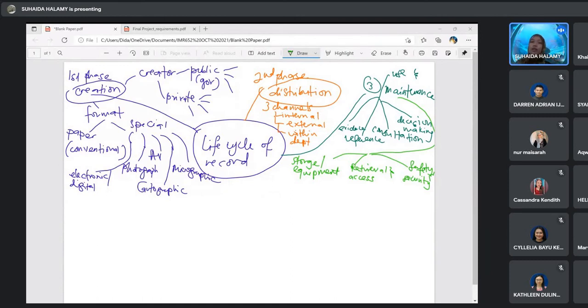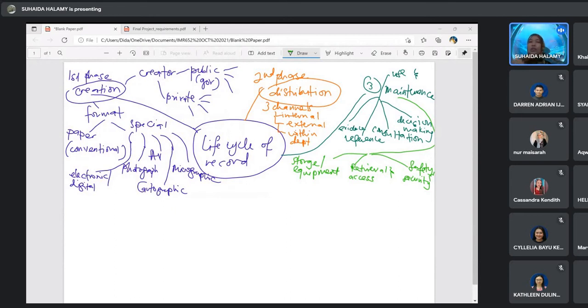Okay, and then you have to know what kind of file that you will use for your organization. Depends. Kalau you ni jenis organisation yang gunakan file arch file tu kan, yang kulit keras tu, so you will use that kind of file. Ataupun you jenis organisation yang gunakan nipis punya tu, so you use that one. So depends pada you punya organisation. But you have to take note here, when you use storage and equipment ni, biarlah dia lasting. Dia economy dan dia lasting. So that's important for you to know.